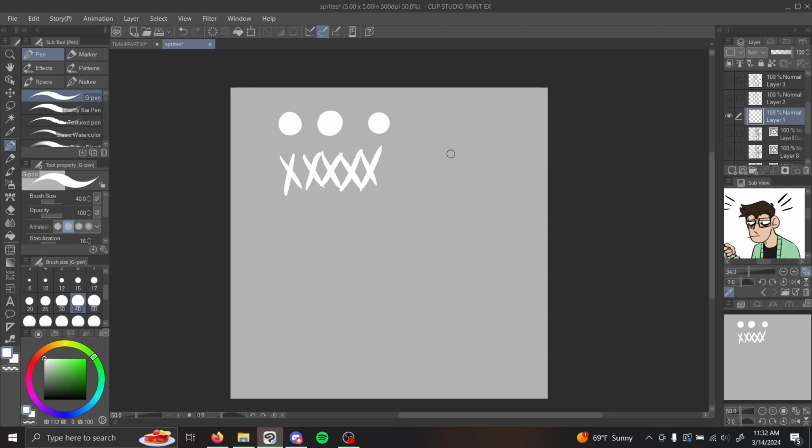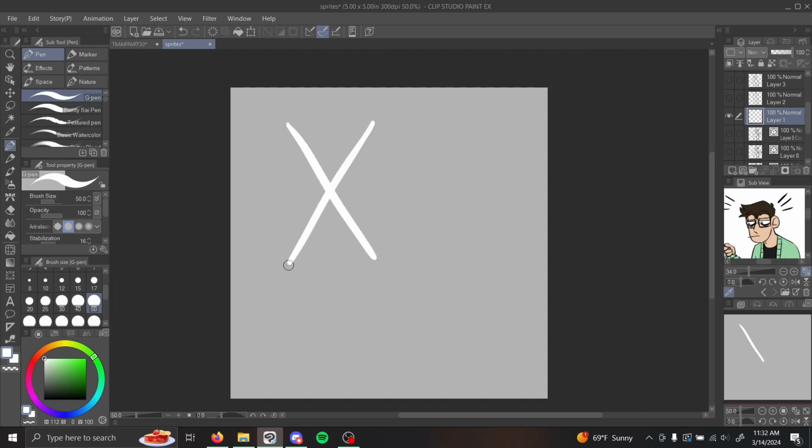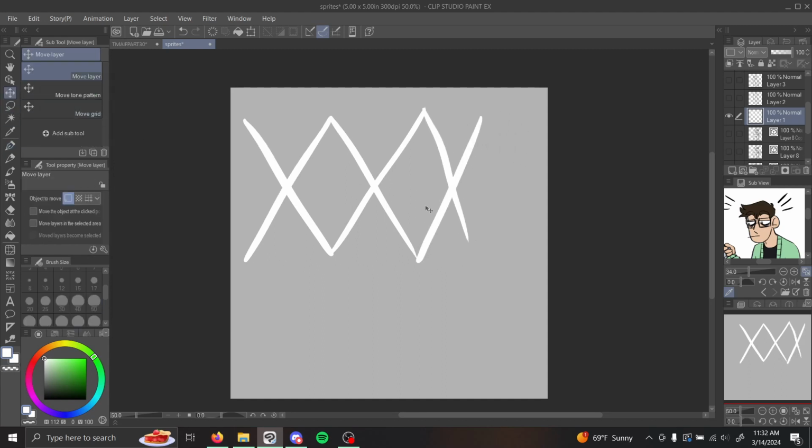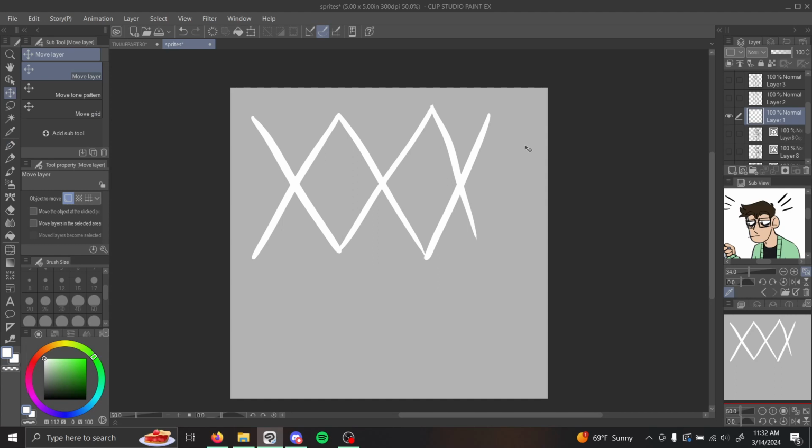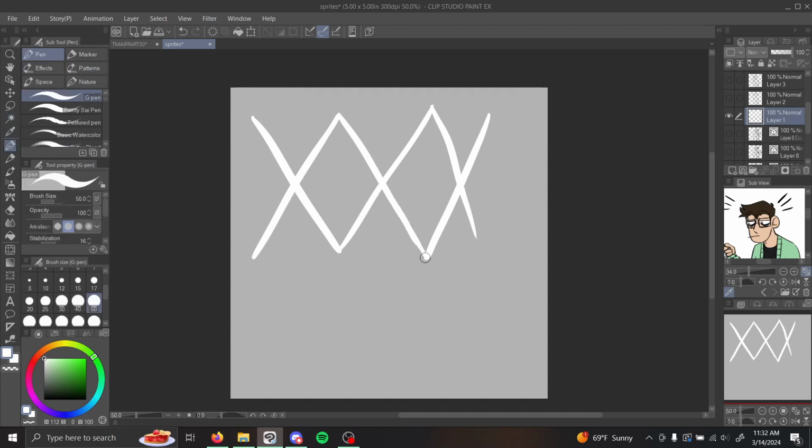So first you want to draw your design with a white pen, and you want it specifically to be white, and you'll find out why in a second. So we're going to do this. Just a simple pattern reminiscent of a shoelace pattern, right? So then once you've got your line drawn, probably a bit neater than this, however neat you want it to be,